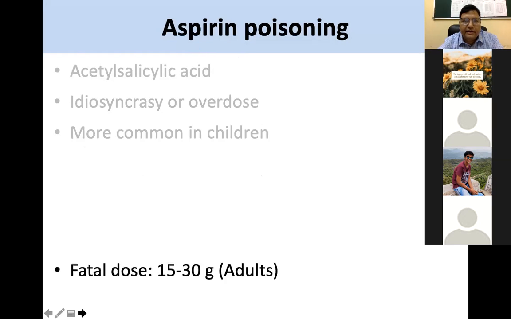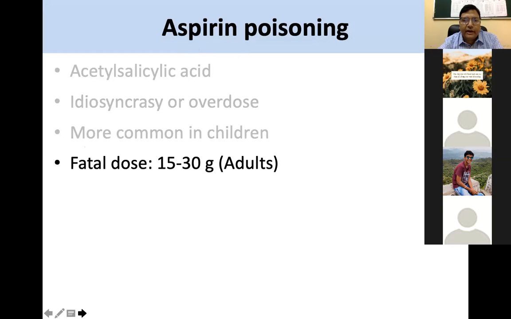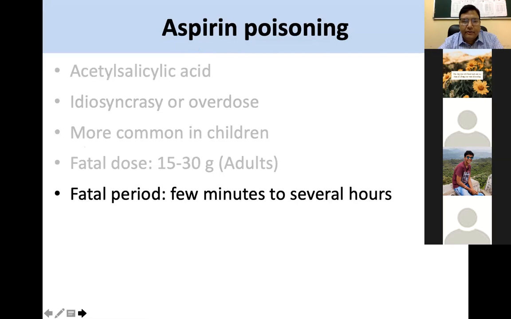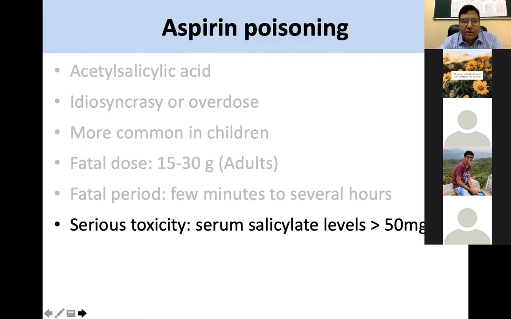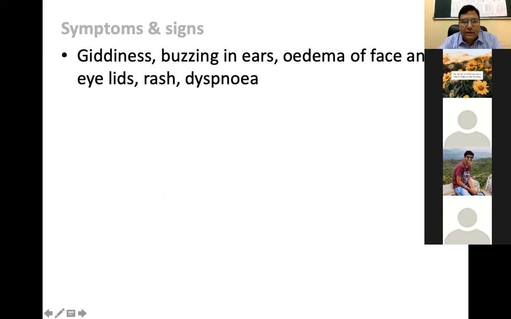It is more common in the children, and the fatal dose for adults is 15 to 30 grams, and the fatal period is between few minutes to several hours, and serious toxicity is seen when the plasma concentration becomes more than 50 milligram per deciliter. So what will be the signs and symptoms which we will find is